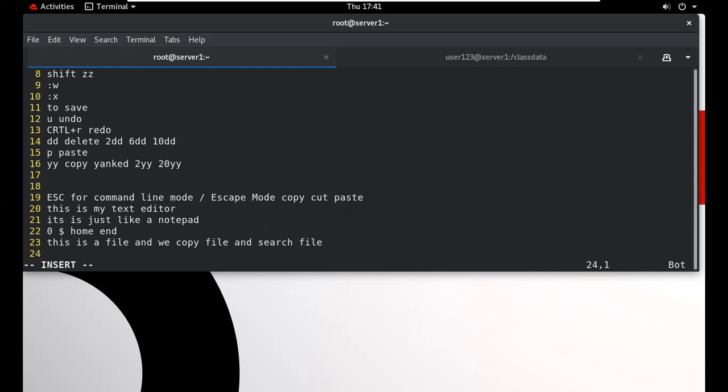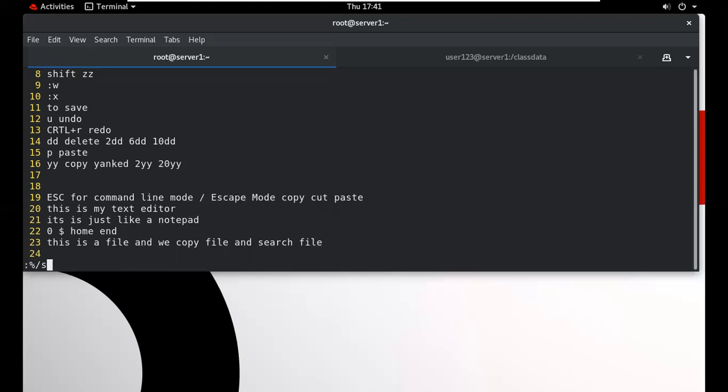Suppose we want to search, what do we want to search? The word file. So type, reach first. At this time you are in insert mode, but we want to search this in command line mode. Type colon, then type percent, then the slash sign, and after this slash, type s.